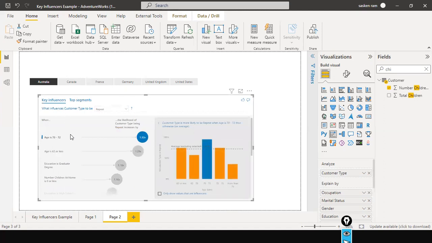Hope you understood what a key influencer visual is, and that it is powered by artificial intelligence. With this, we can identify the factors that influence the target outcome variable, and it also helps us understand which factors are more important. Okay, fine. So next, what we will do is